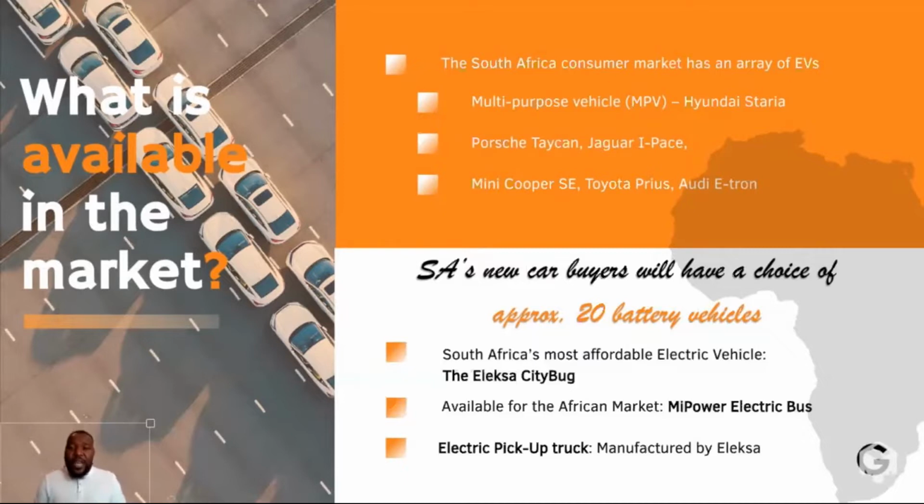Already, we've got multi-purpose vehicles, like the Hyundai Staria. We've got the Porsche Taycan and the Jaguar I-Pace, which are more in the luxury category. And we've seen research where one of the vehicles, the Jaguar, was driven from Joburg down to Durban, just to uncover the myth or the fact behind